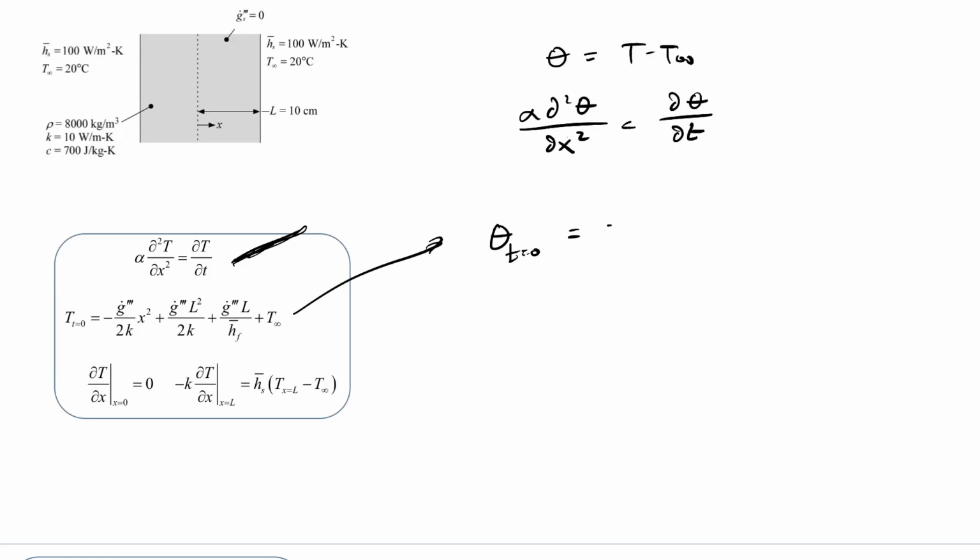And we're left with just g dot triple prime over 2k times x squared plus g dot triple prime times L squared over 2k plus g dot triple prime times L over h bar